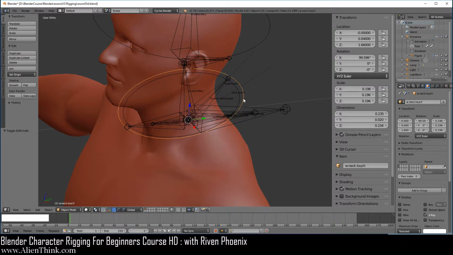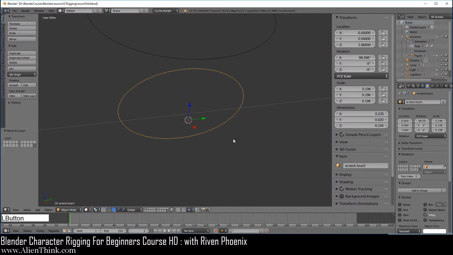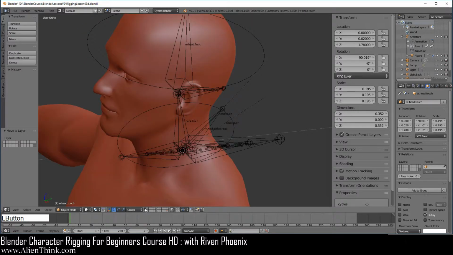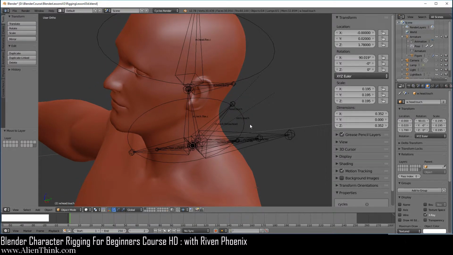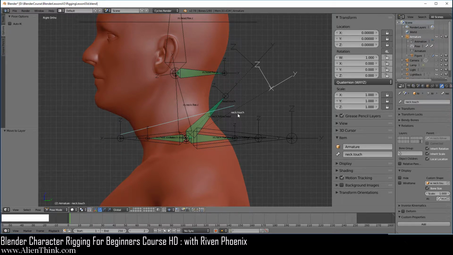Go ahead and make sure that you select the object, which is the circle, press the M key and throw it on this layer. Now go ahead and click on this layer over here only. Here, go ahead and click this, and it's a good idea to just at least enable the X-ray on this too. Now we can go ahead and click back on this layer to bring the figure back. Now when you click over here, you're really just selecting the neck.touch, right? So now when you press the R key, it will move. So having this selected, you're going to press the M key and of course put it on this layer, right?